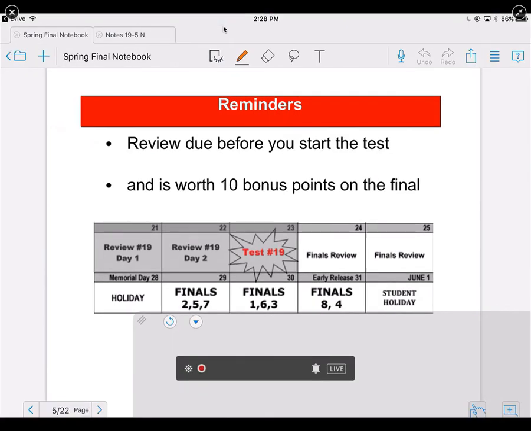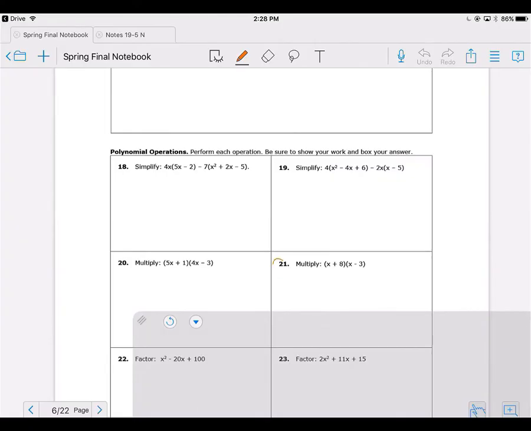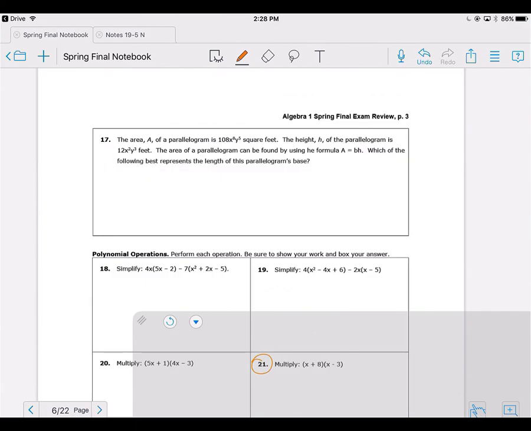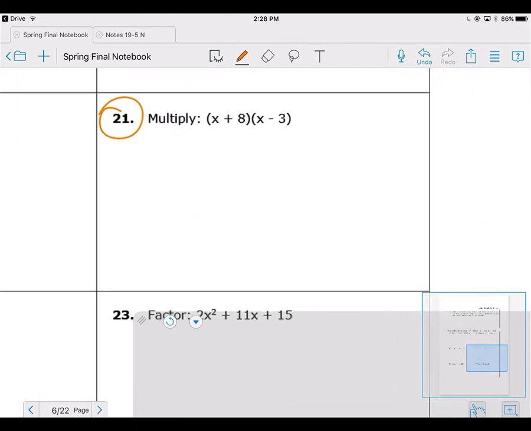This video covers problems 21 through 30 on the final exam review for the spring in algebra. Problem 21 starts on page 3 of the review, and we are asked to multiply x plus 8 by x